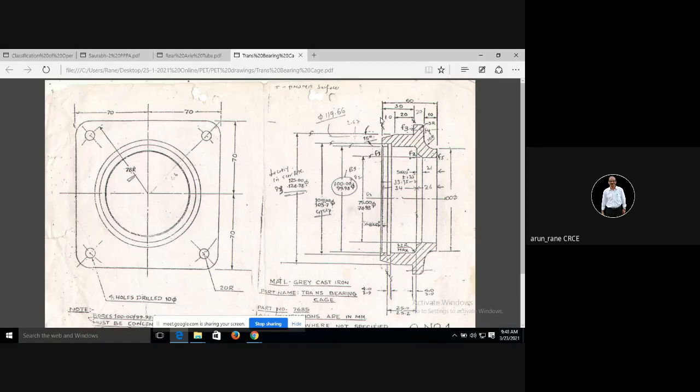So that time you are resting on this surface and you are locating on this hole. So what will be the process critical area? This hole, that is diameter 100, and this face becomes the process critical area, because with reference to this surface and this bore we are going to do the drilling.